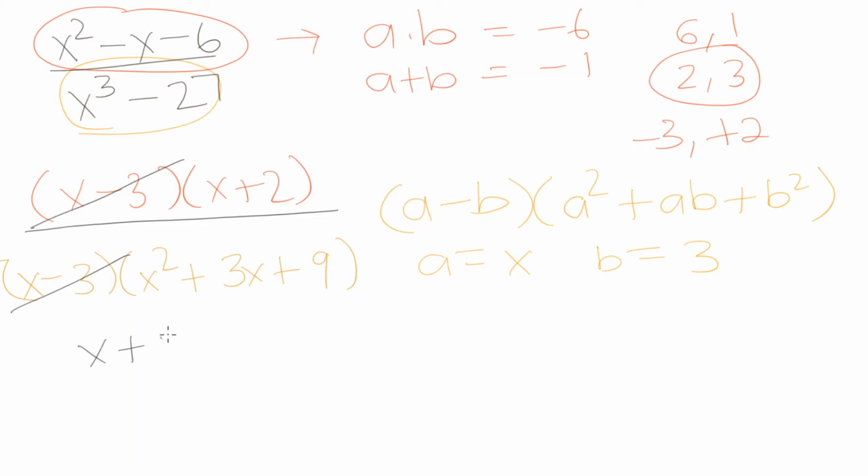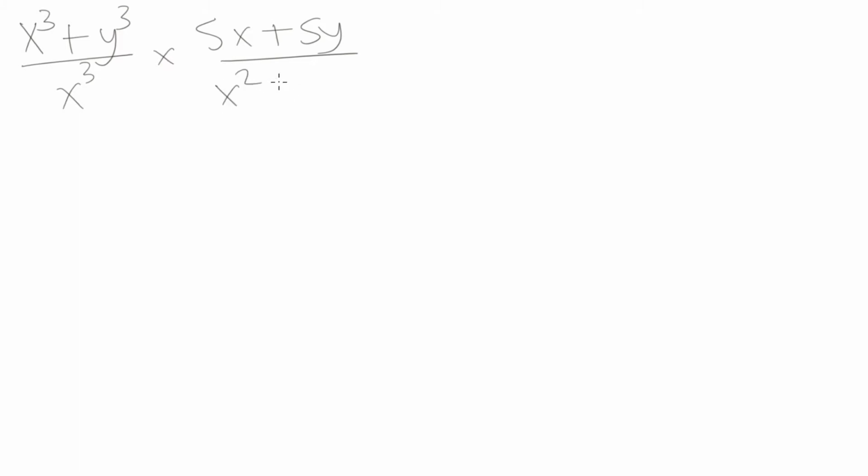And we're going to be left with x plus 2 divided by x squared plus 3x plus 9. And now let's go over one last example here. Let's say we have x cubed plus y cubed divided by x cubed, multiplied by 5x plus 5y divided by x squared plus 2xy plus y squared. And when you're looking at this, one of the first instincts you might have is to say,